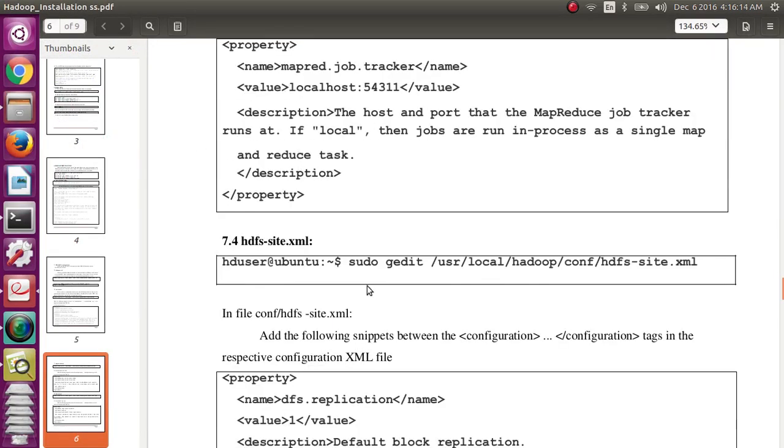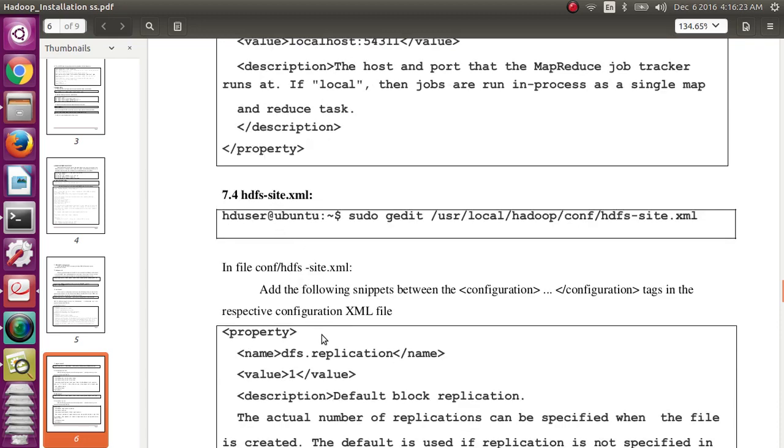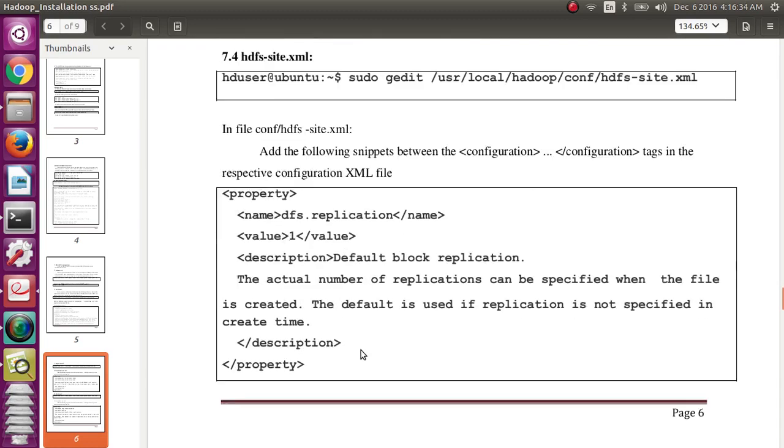Next, another important configuration file in Hadoop is hdfs-site.xml. In HDFS, we need to mention the replication factor. Hadoop is fault tolerant, which means you can set the replication factor to 1, 2, or 3 based on your needs. Here, for my data, I am setting the replication factor to only one. You can also set 2, which means the same data is available in 2 different clusters or sectors. So in hdfs-site we are setting the replication factor.